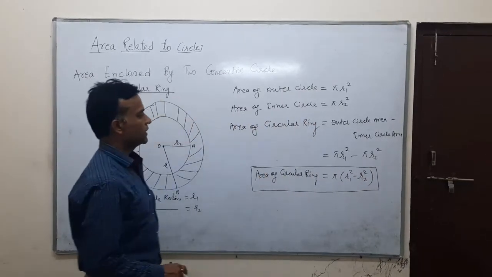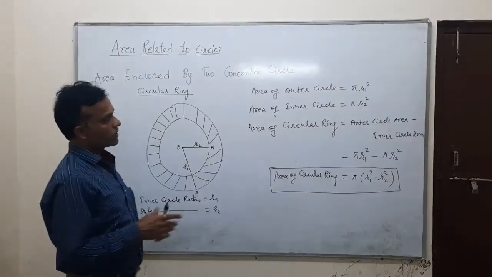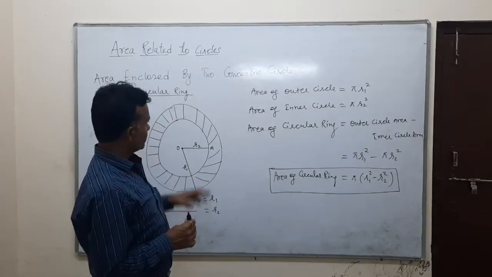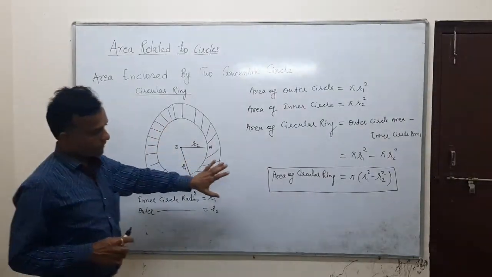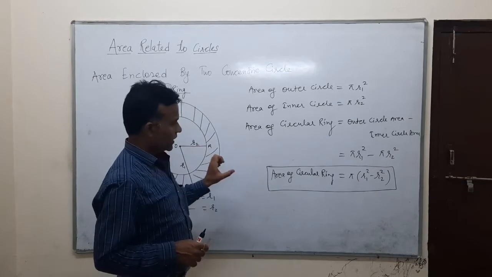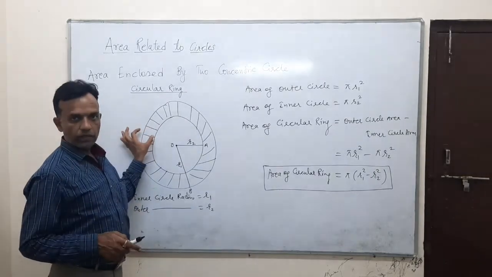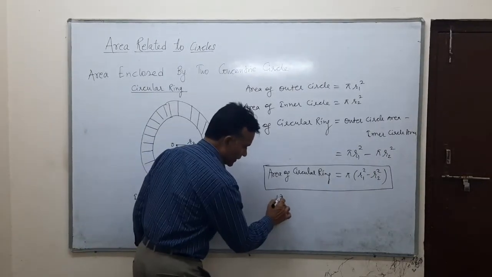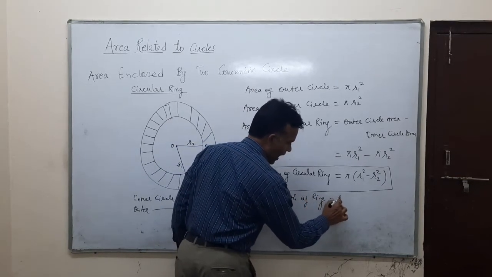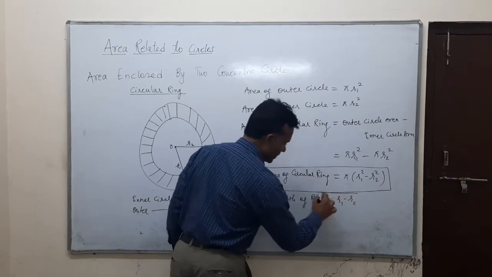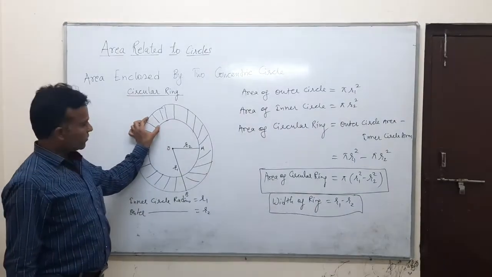Okay, this is another form of circle, because now here we discuss the area in circles. So all cases, all concepts related to the circle we have to discuss. Now one of the topics here is enclosed concentric circles, and we will find their areas related to the ring. Also to find out the width of ring. Width of ring also has a formula, that is R1 minus R2. Okay, they will find their width.